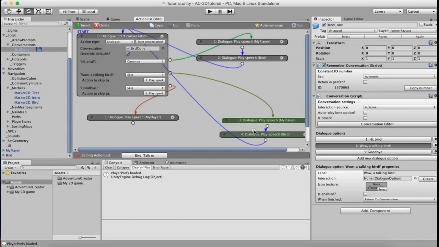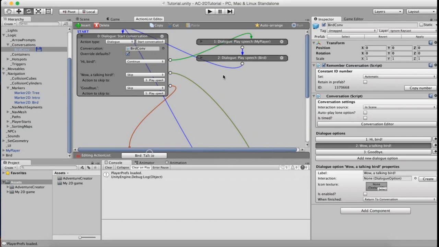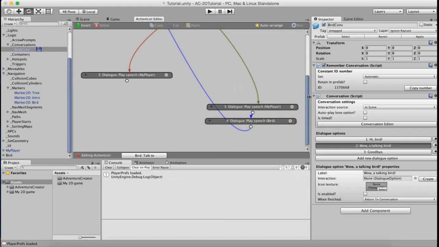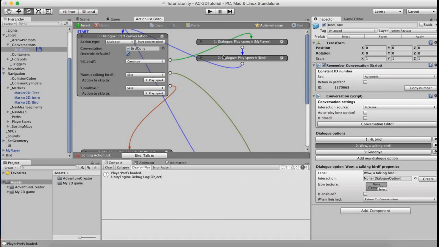Let's move these out the way so that we can see what we're doing. You can marquee select actions to drag multiple around at once. Now remember here, these are the two actions that correspond to the first label, and it's after these that we want the second label to then become enabled. So rather than immediately going back to the conversation, I'm going to make a new action instead,